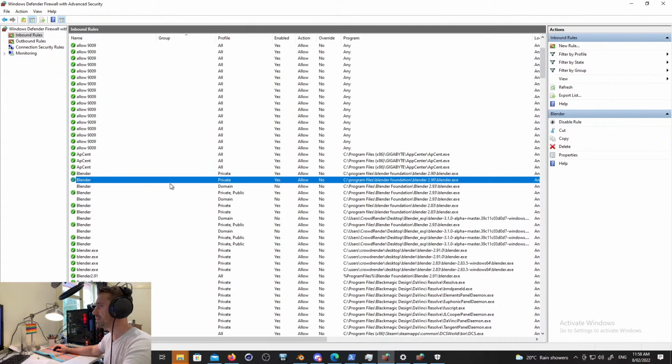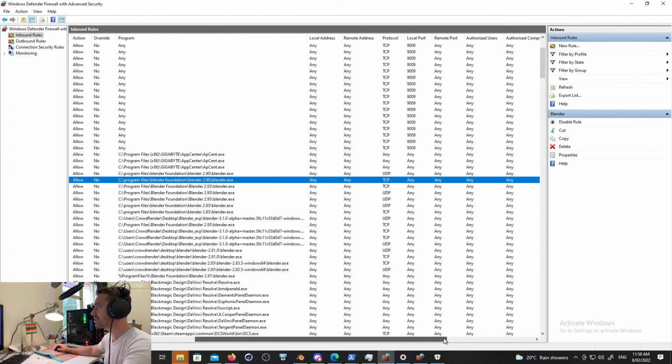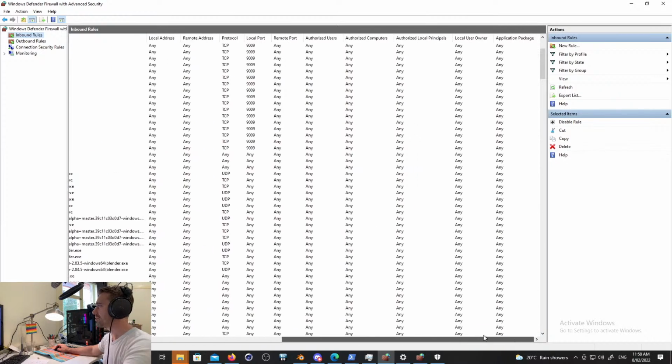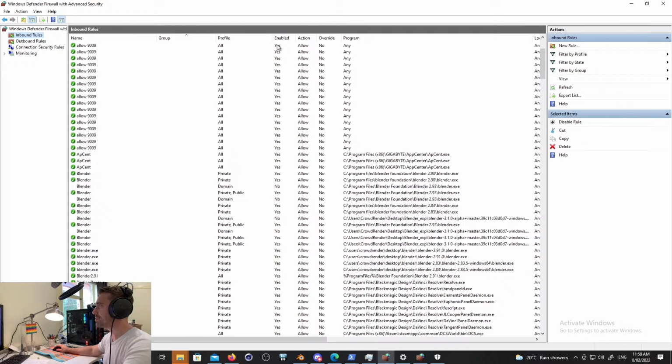So we've got Blender, private, it's enabled, yes. We're allowing incoming connections. It's not overridden. I'm not sure what that column does. Comment below if you do know what that means. The program is Blender, and any local or remote address, and we're allowing TCP on pretty much any port. Remote port as well, local port and remote port. There's no restriction on users or authorized computers. So there's a whole bunch of other stuff, but essentially we're looking at, is it enabled, and is it,